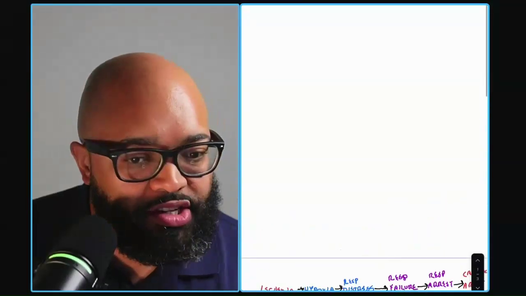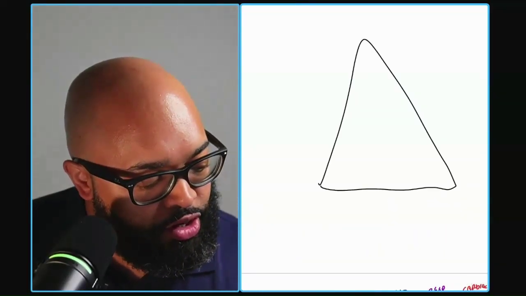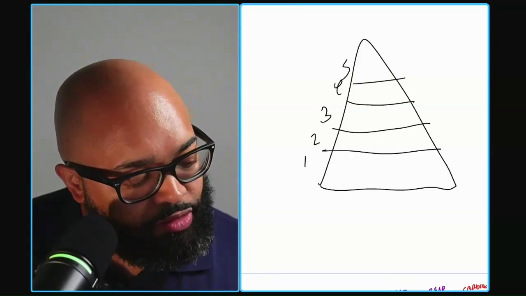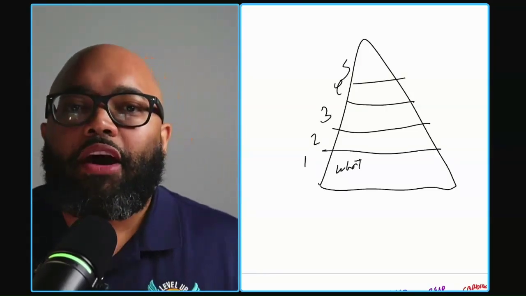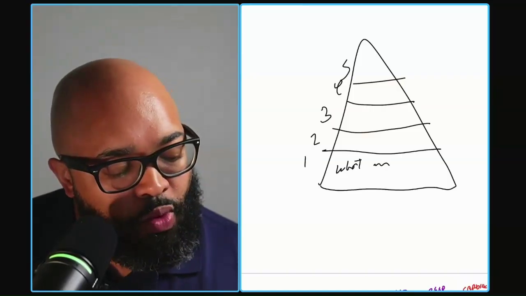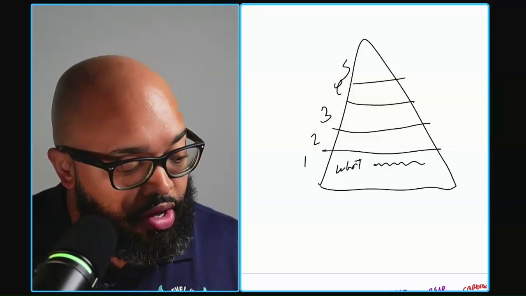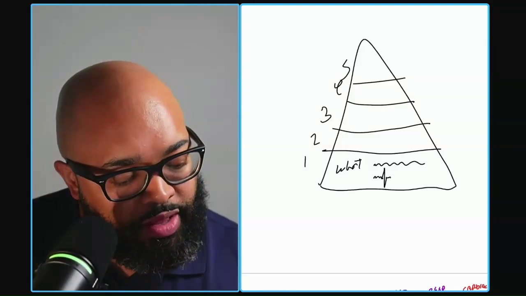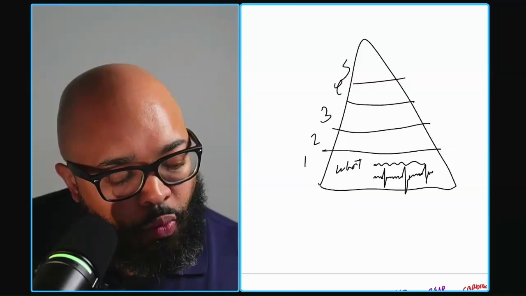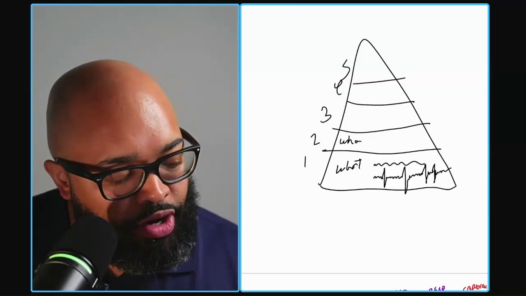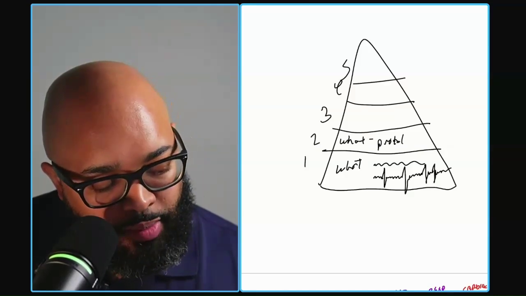Level 1, in fact, let's just draw it out. So 5 levels of learning. Level 1 is where you know what something is. So maybe I'll draw a rhythm and I say, what is this rhythm? And you say, I know what that is, that's V-fib. Or I say, what is this rhythm? And you say, oh, I know what it is, that's called A-fib. Well, level 2 knowledge is where you know what the protocols say to do about it.